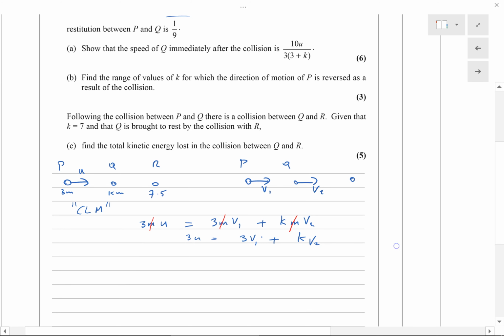Right, okay, now we can also, as is often normally the case in this, do a Newton's law of